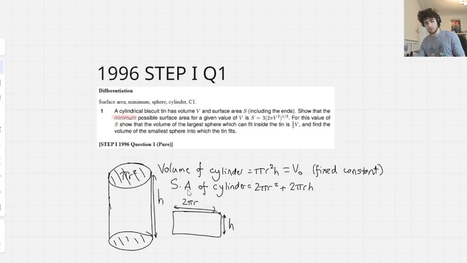Okay. So ultimately, what we now want to do is minimize the surface area if I have a fixed volume. It's probably going to be easier for us to work with one variable. So a good idea is to rearrange our volume equation for the easiest variable to rearrange for, which is h, then plug that h into the surface area equation and do some work with that. So effectively, from our volume equation,